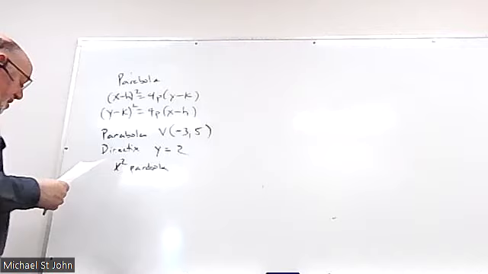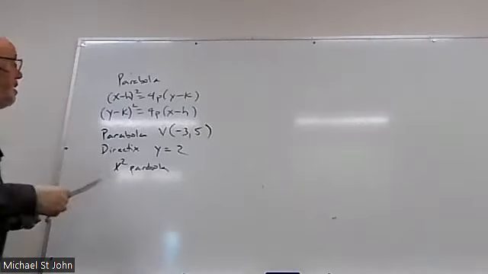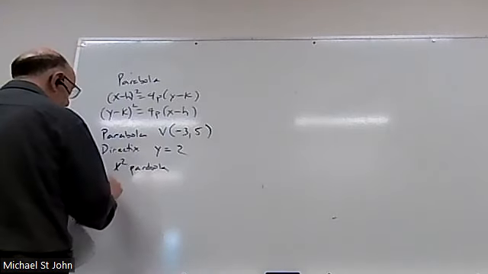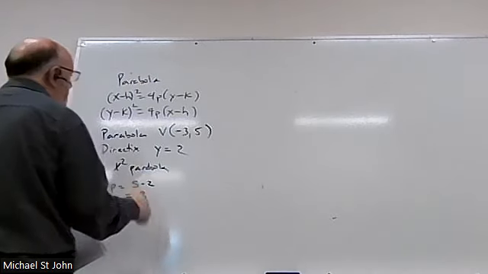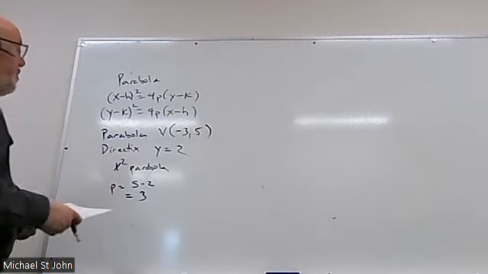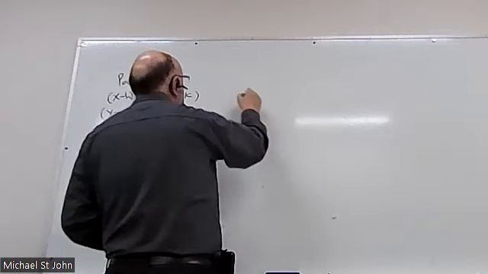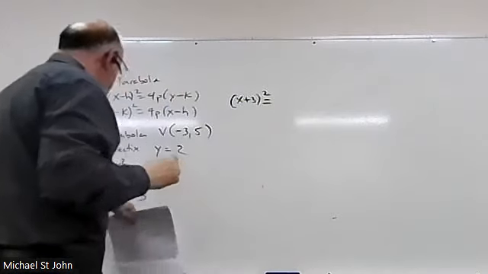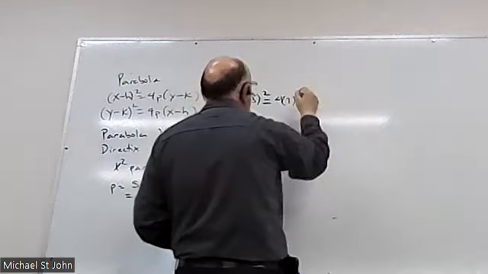So in terms of this one then, right? We need to find our P, and P is going to be 5 minus 2, so P is 3. The H and K correspond to my vertex in this problem. And so this is going to be x plus 3 squared, 4 times P, so 4 times 3, and then y